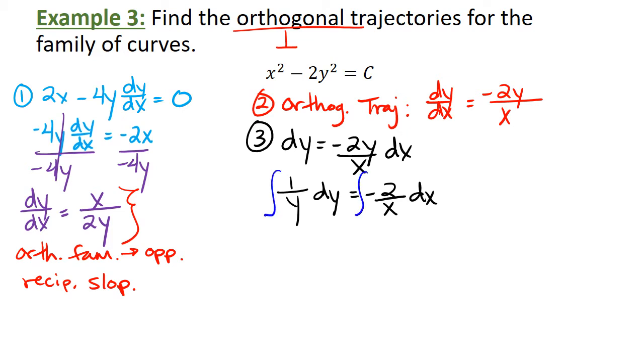When I do, I end up with the natural log of y is equal to negative 2 natural log of x plus c, or I believe the notation they like to use in the book would be plus k. So now what we'll do is we will get y by itself, and the way we get y by itself is by